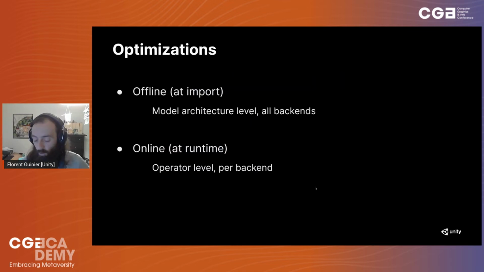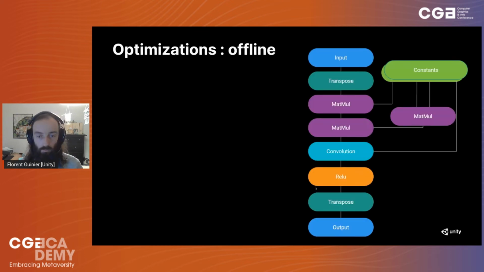Okay, so optimization. Now we have a model, and that model was dropped into the editor, and we will first optimize it offline. Then after that, once you get a model that's as quick as possible in terms of its architecture, we will want to run it as fast as possible on the given device, because every device is different. Let's look at offline optimization first.